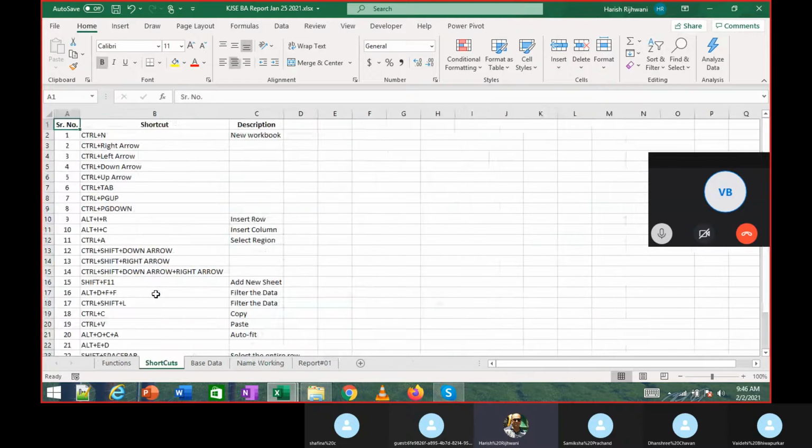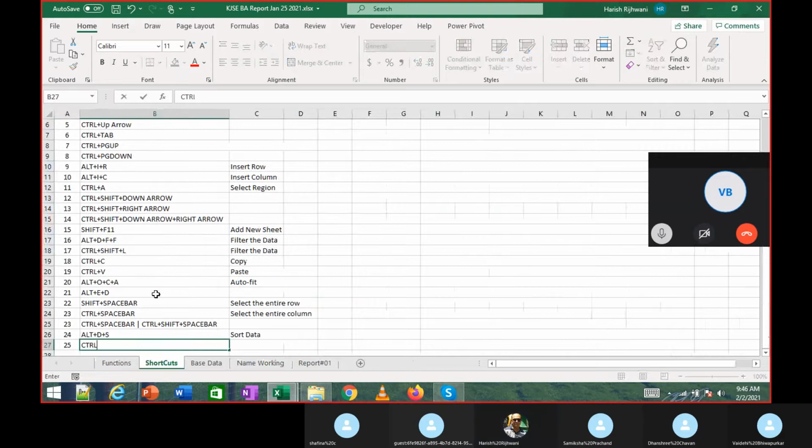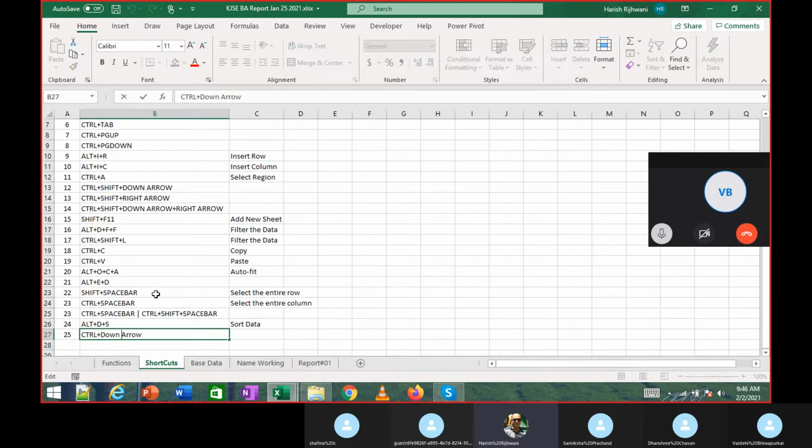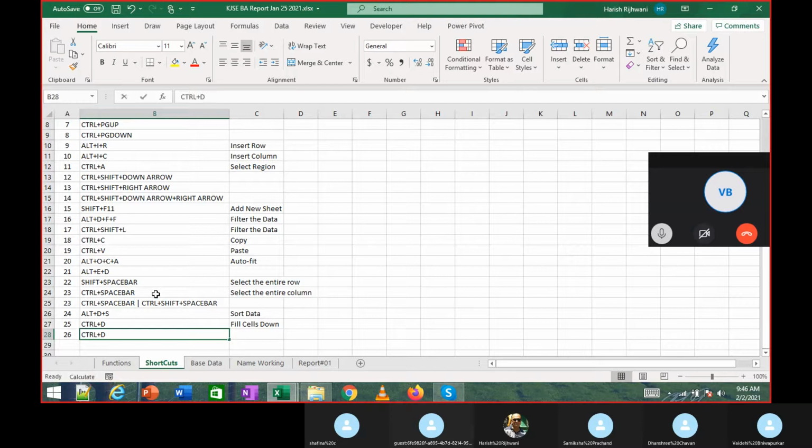Control D fills the cells to the bottom. Right arrow.